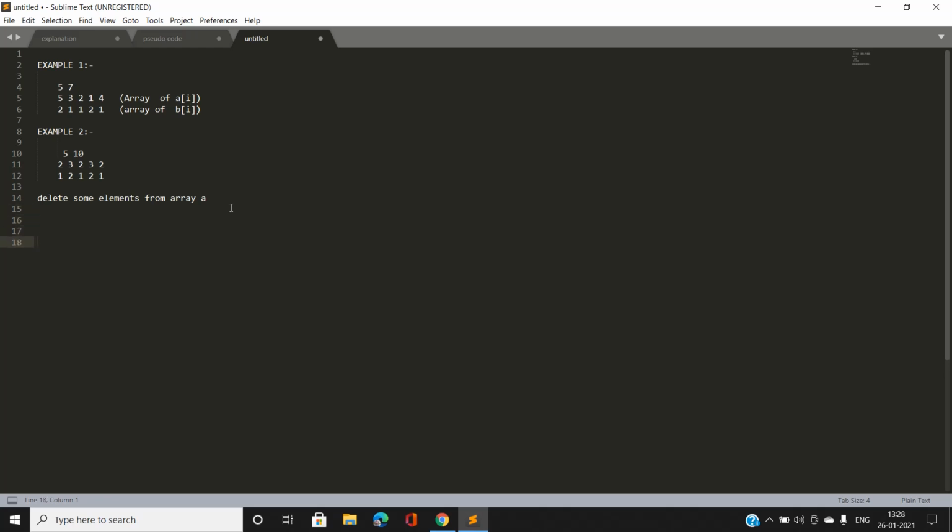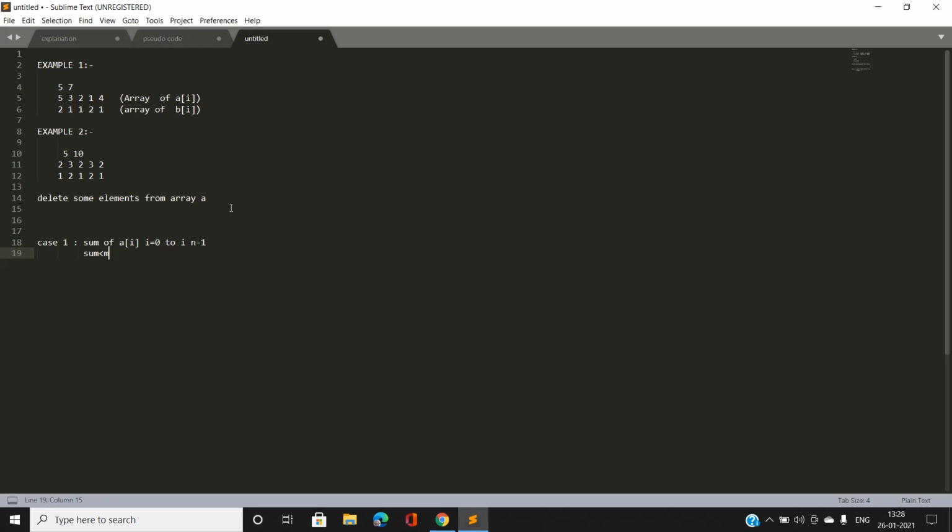So in case 1, I am going to check the sum of ai from i equal to 0 to i equal to n minus 1. If this sum is less than m, then our answer would be minus 1.